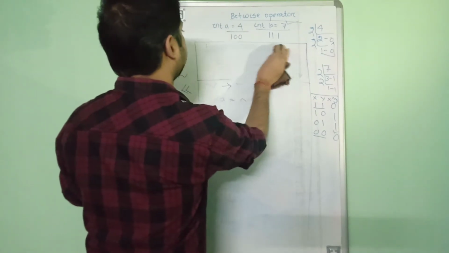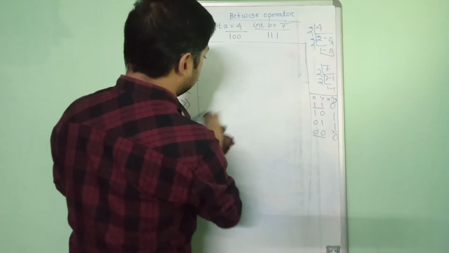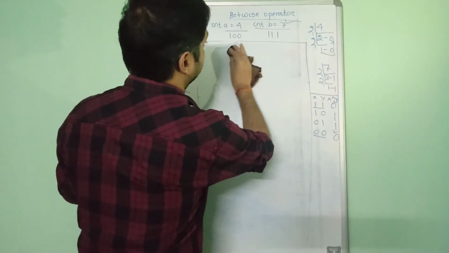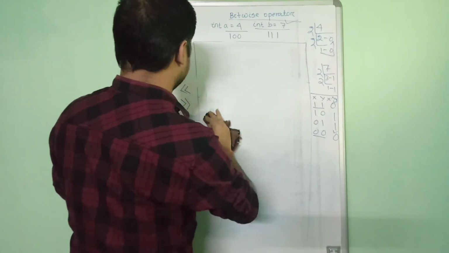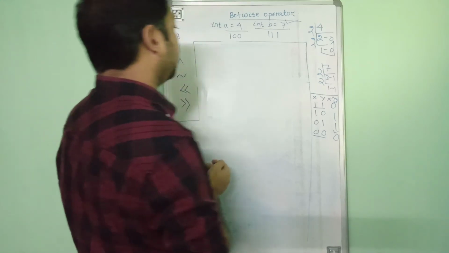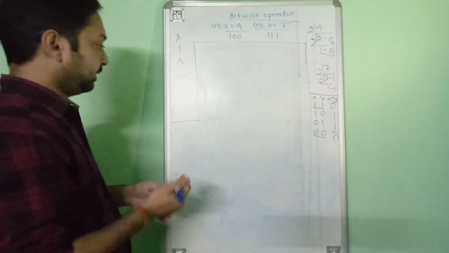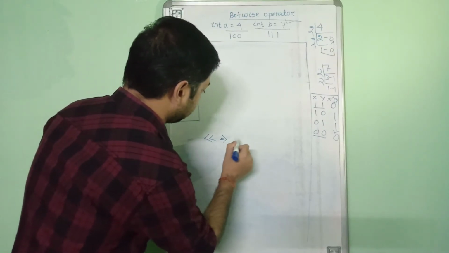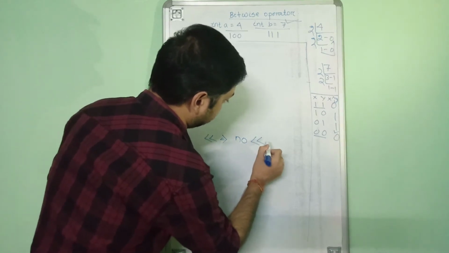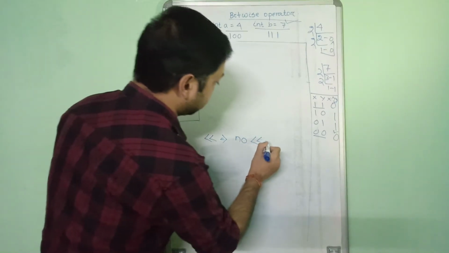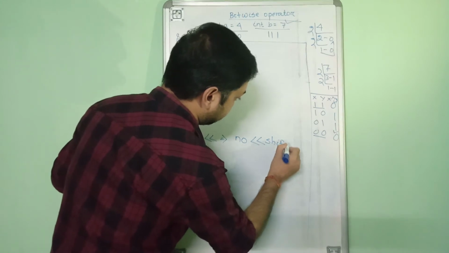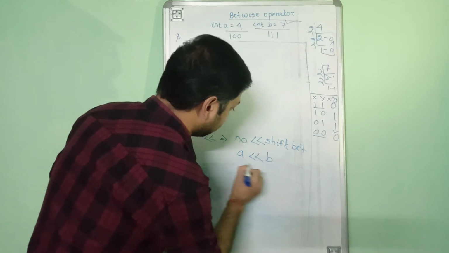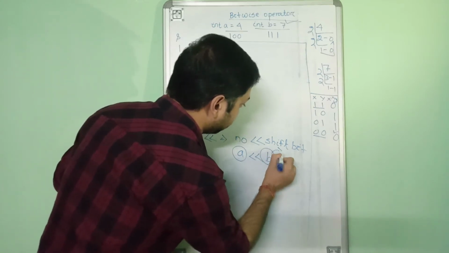Now let us move to the last part, right shift and left shift. It is a very simple formula. In left shift, what happens? The number will be shifted by the specified number of bits towards the left. In the right shift, the same thing happens, towards the right. It is always in this format: number, then shift bits. Suppose you write A left shift B, then A is the number, B is the number of bits you need to shift it.